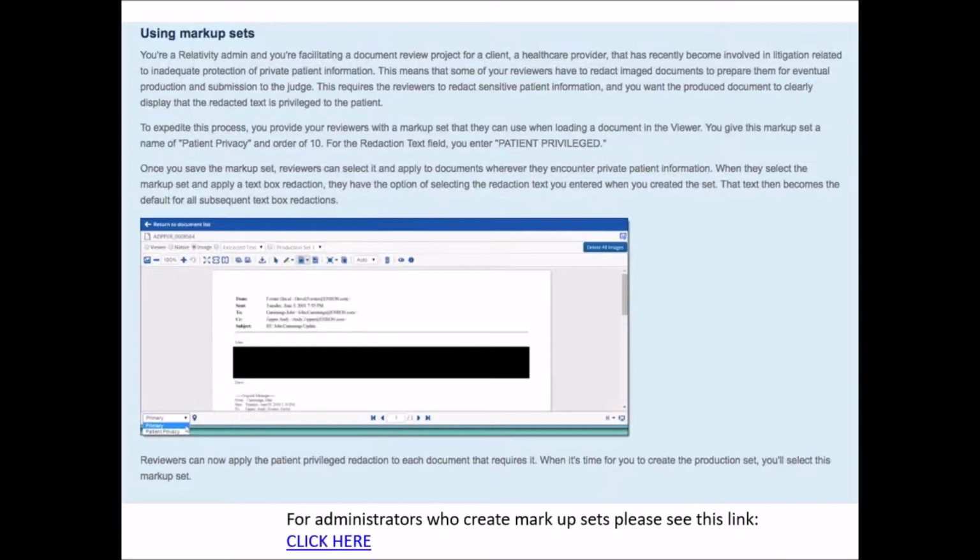When they select the markup set and apply a text box redaction, they have the option of selecting the redaction text you've entered when you created the set. That text then becomes the default for all subsequent text box redactions. So for administrators who create markup sets, there is a link that I provided on this slide, and you can